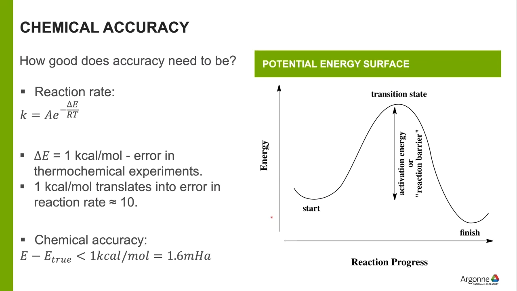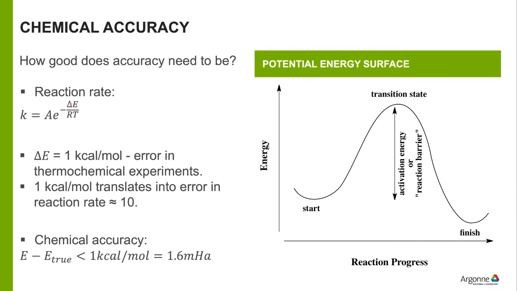So here is energy, and here is reaction coordinate. And you start with the reactants, and you end up with products here. And to get to the finish, you need to overcome this activation energy or reaction barrier. And the rate of the reaction, according to this Arrhenius equation, depends exponentially on